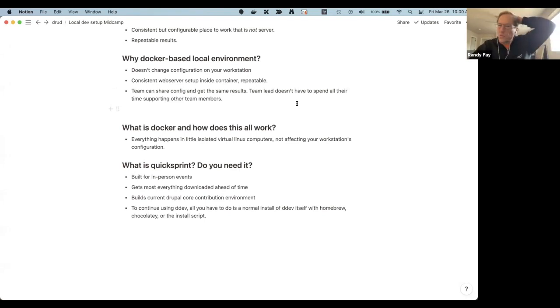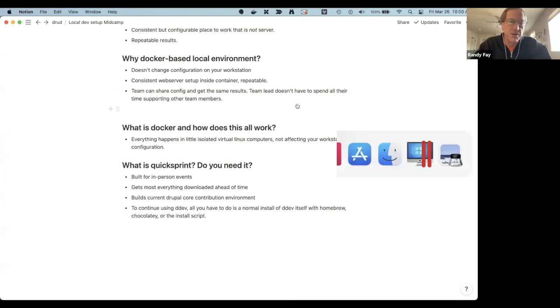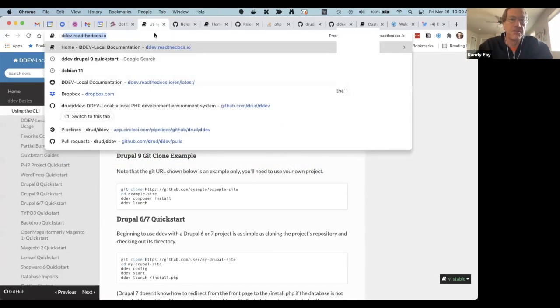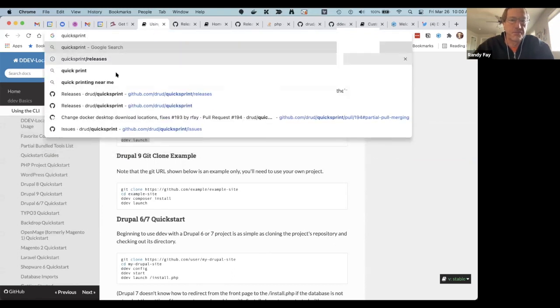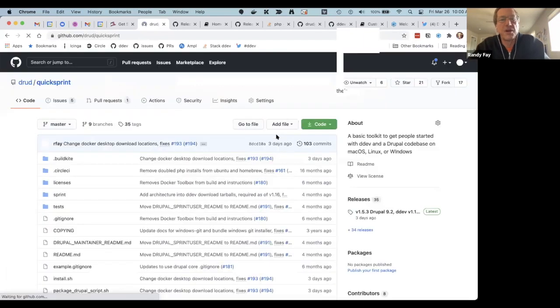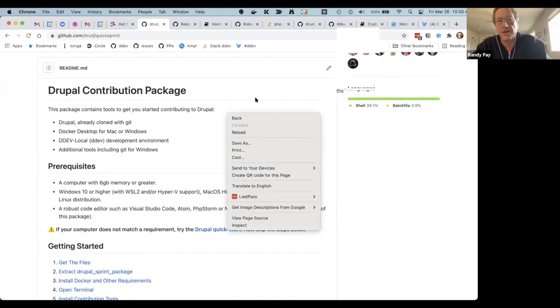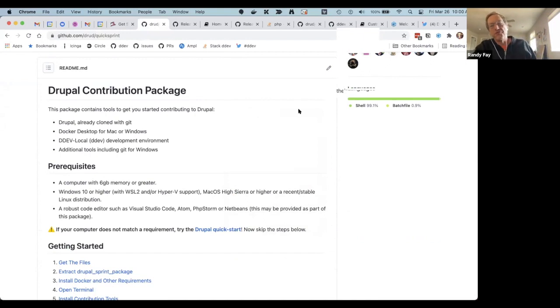So what is Quick Sprint? Quick Sprint is a project that was originally built for these conventions and stuff, because the internet is typically terrible and we want people to get to the same place at the same time.